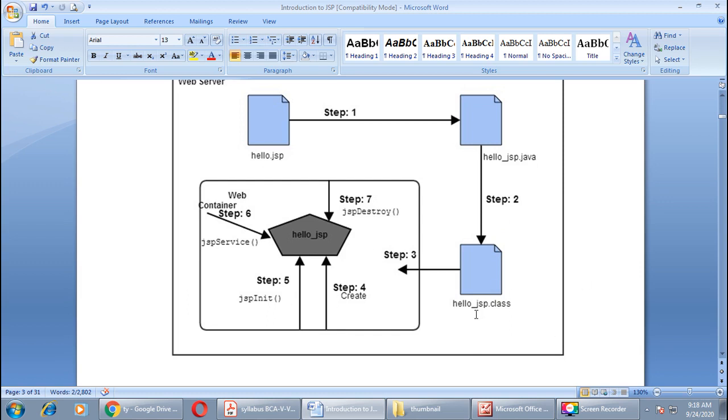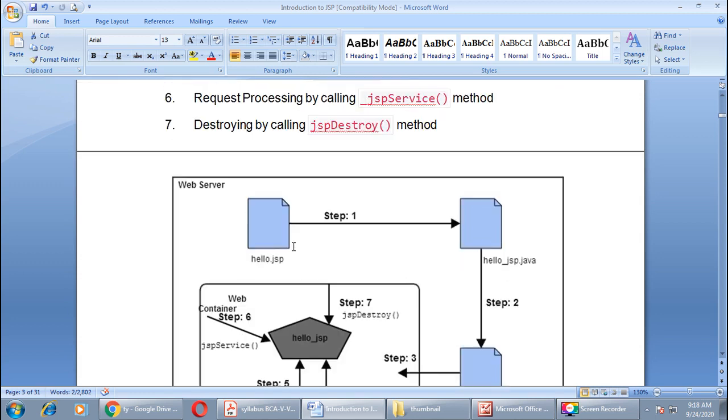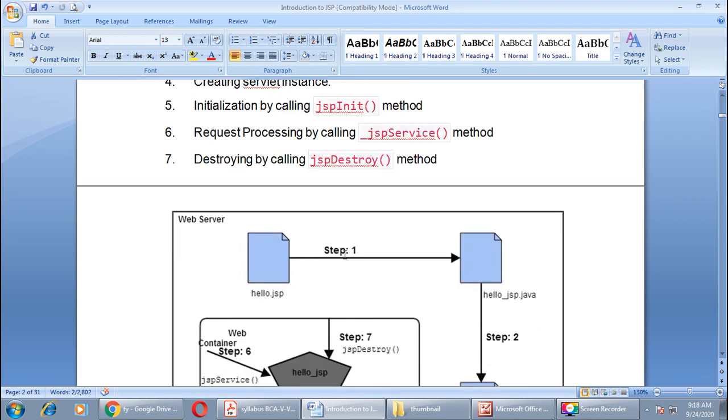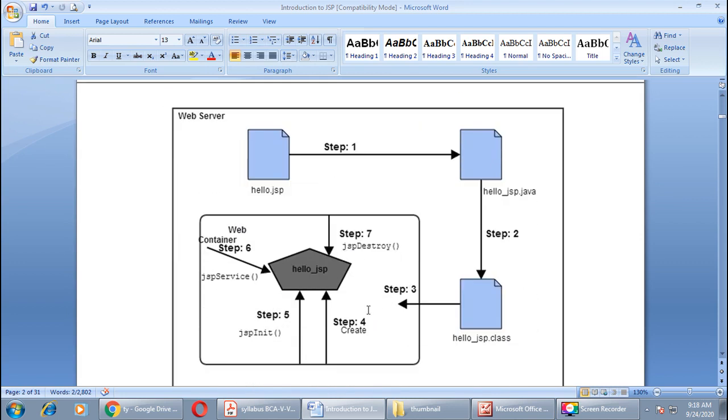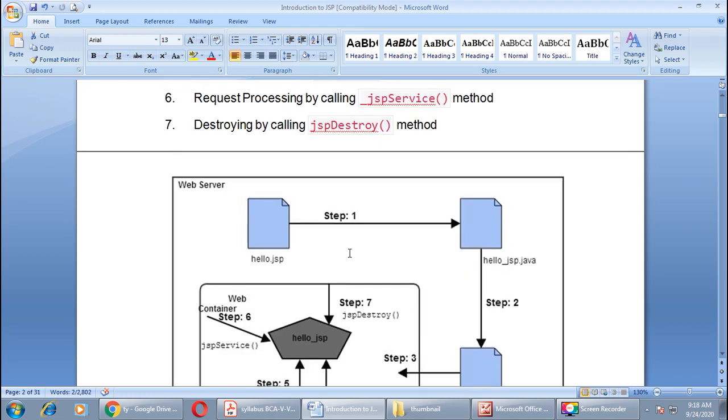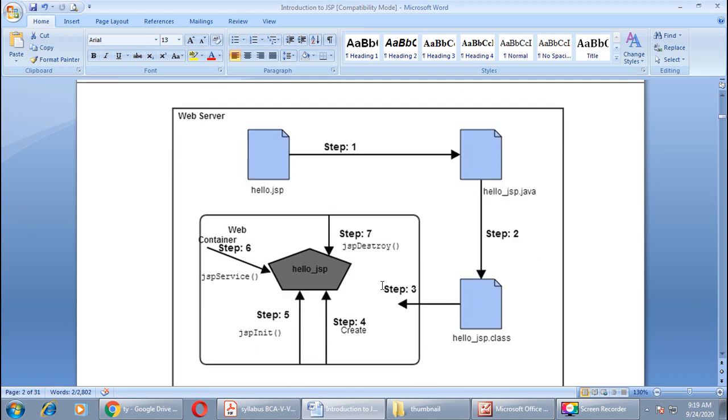Then in step number 6, the service method will be called for fulfilling the request sent by the client. And in the last step, the jspDestroy method will be called. This method will destroy all the unnecessary objects created by the servlet, right?